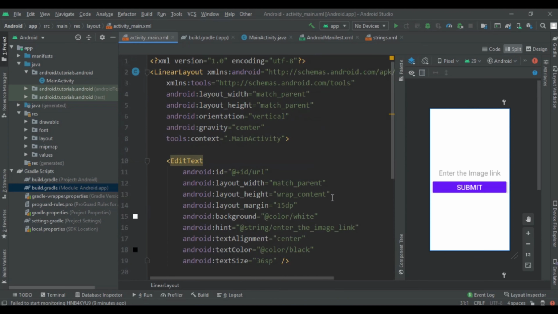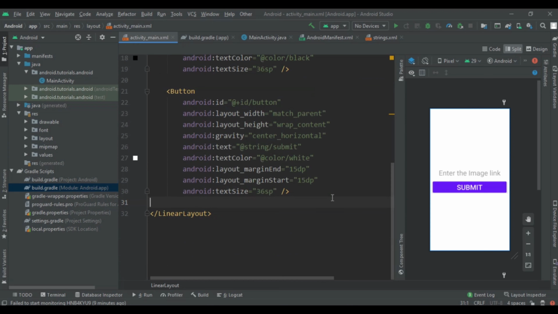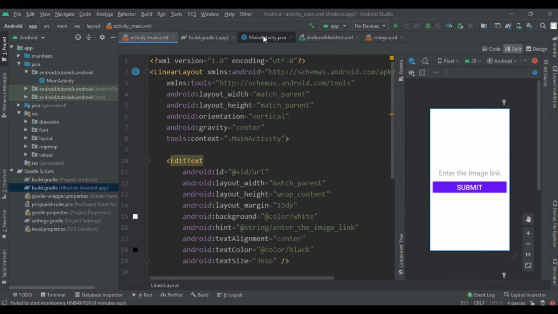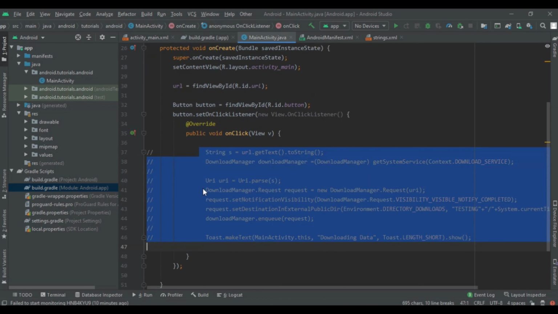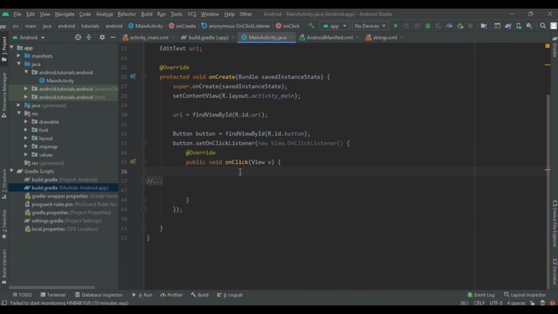Now the interesting part that we are going to create in this video. First I am going to come into our MainActivity.java file, and I am going to comment all of this out because it is not necessary now. Now here we have to implement the permission that we want to add, which you can call runtime permission.